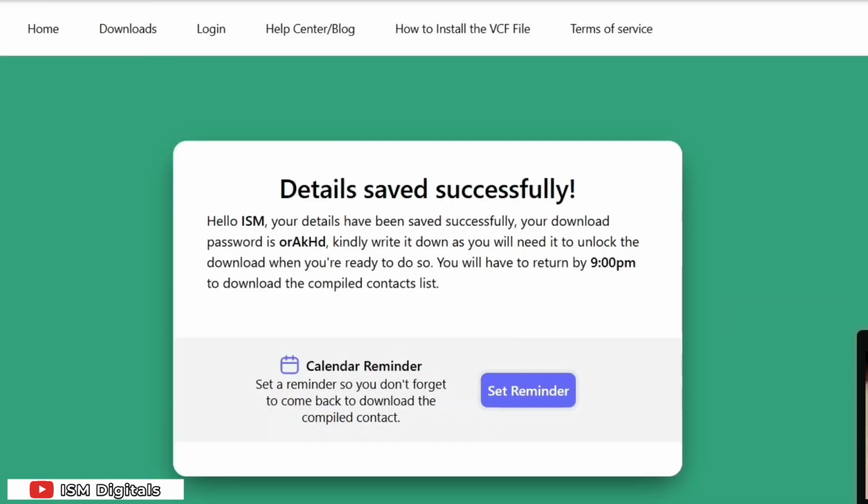You will have to return by 9 p.m. to download the compiled list. You can set a reminder or an alarm, but just ensure you come back by 9 p.m. to download the compiled contact list. When you come back by 9 p.m., once you go to the browser,